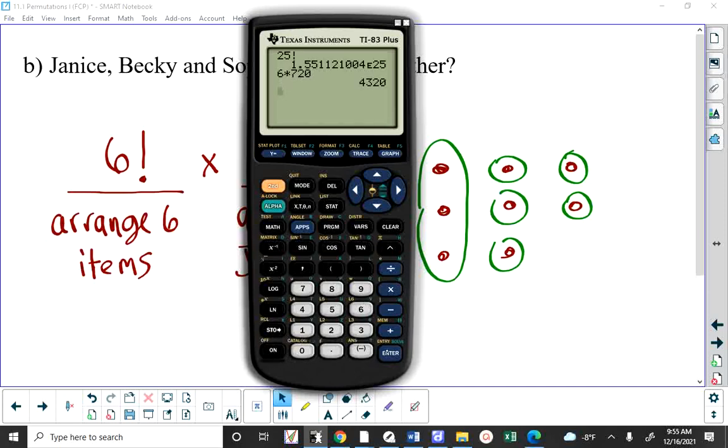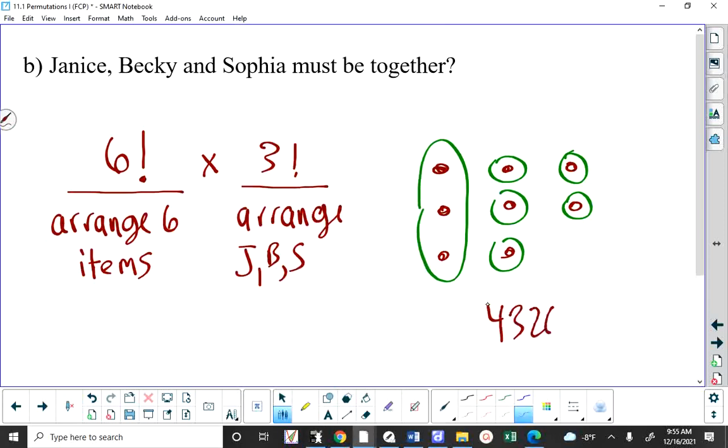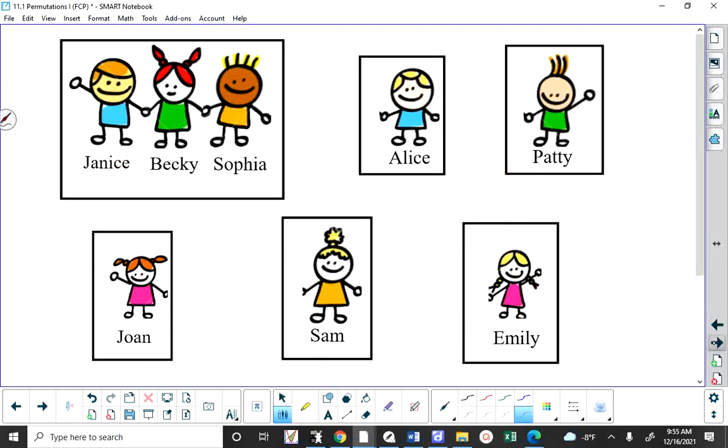It's 4,320. After a while, you will recognize certain factorials. 6 factorial is 720. So you get 4,320. Now we come to a problem which is